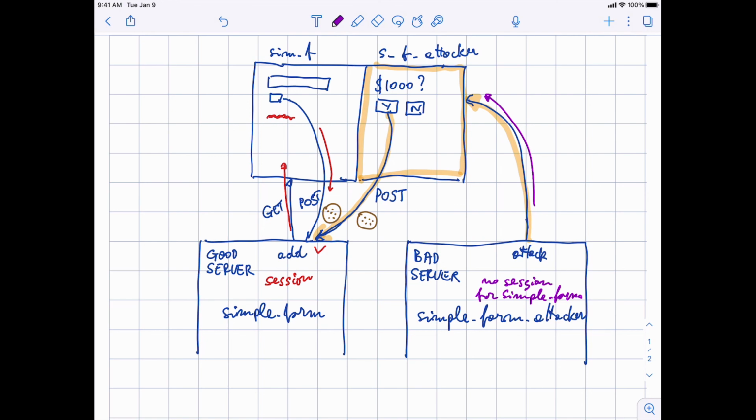So if you load the form from another place, this signature here will not be able to be crafted according to the correct session. And when the form is submitted, this check will fail, and we will be able to reject attacker forms. And in the next lecture, I want to show you how to get this done using the Py4Web form facility.